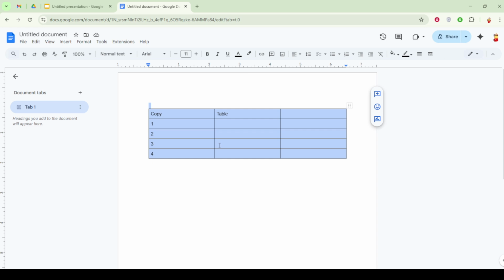With your table highlighted, it's time to copy it. Depending on your operating system, this requires either pressing Ctrl and C on a Windows machine or CMD and C if you're using a Mac. Think of it like capturing a snapshot of the table to hold in your clipboard, ready for seamless transfer into